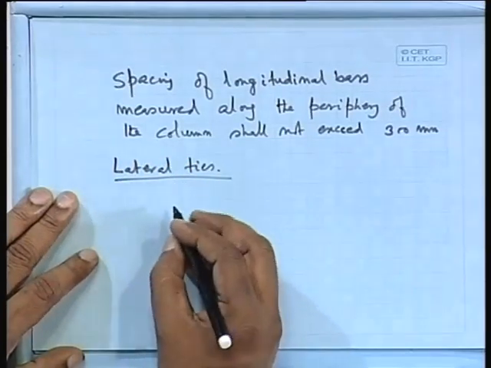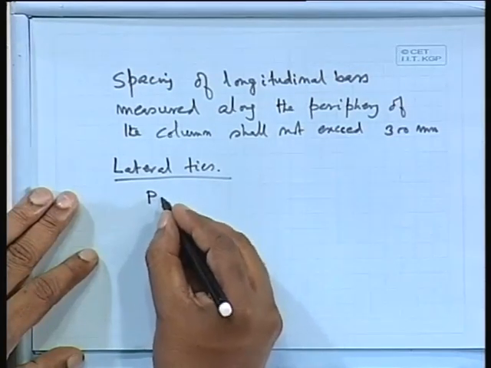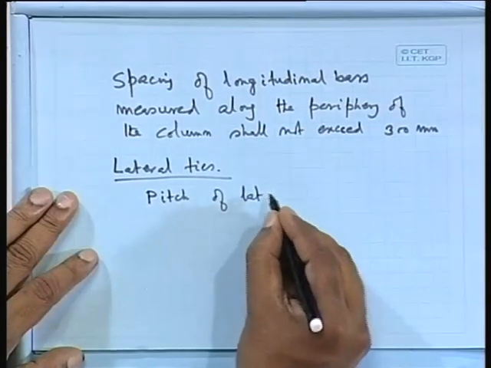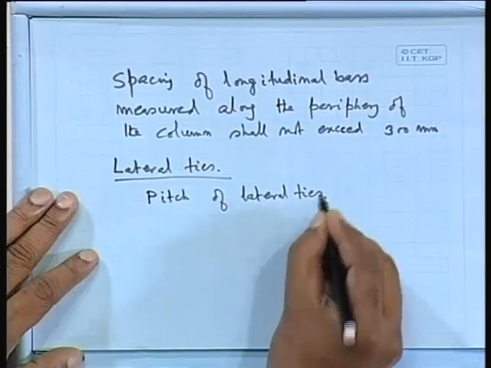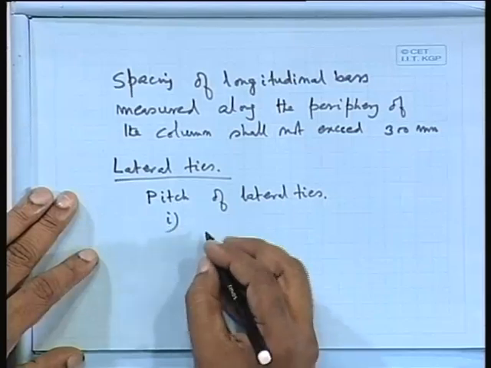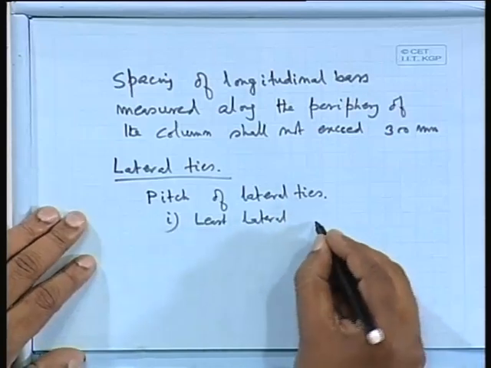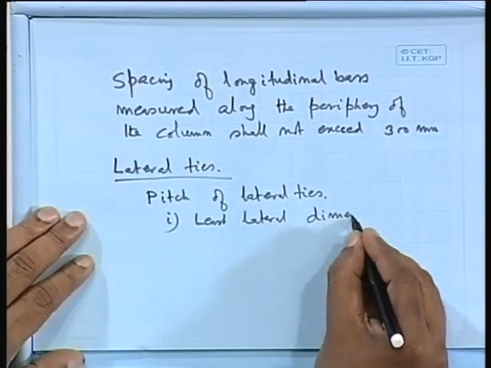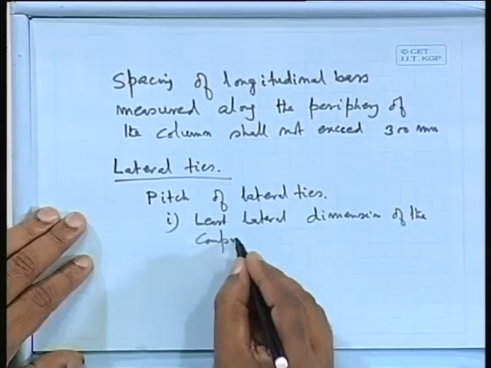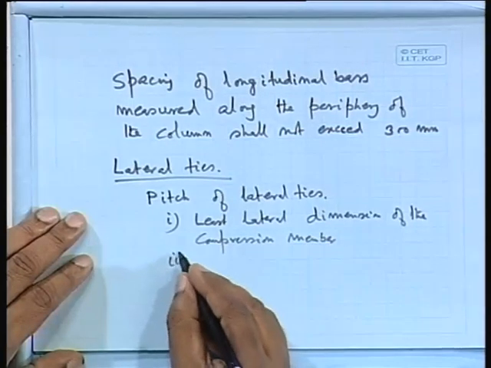So the pitch or spacing of lateral ties, number 1, least lateral dimension of the compression member,